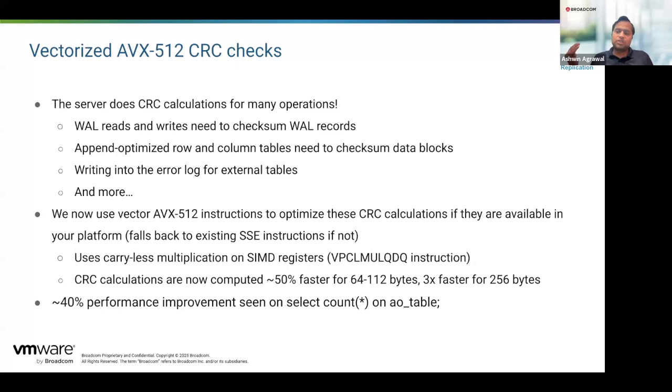All the WAL which gets read and written has checksums. All the append optimized row tables and columnar tables do checksumming for every data block which we write. Writing into external error tables when you're loading data, whatever error table data gets written is checksummed. And there are more places where the database does checksumming inside. So for all those checksumming operations, if you are on newer hardware which supports these kinds of SIMD